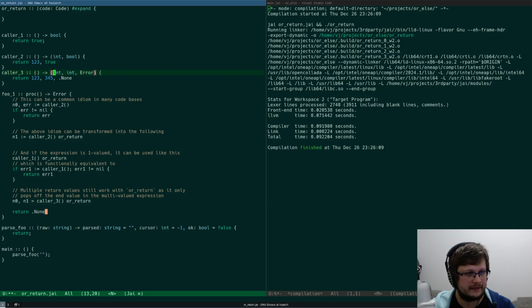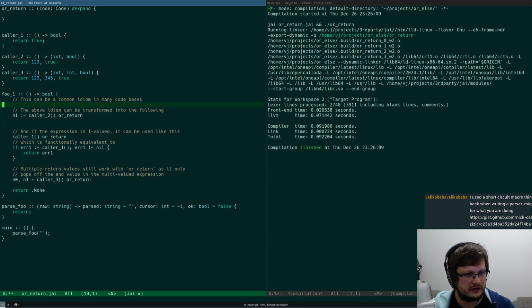Then that int bool will return 1 2 3 1 2 3, also true. Now foo will return bool. This can be a common idiom in many code bases. OK equals color 2.